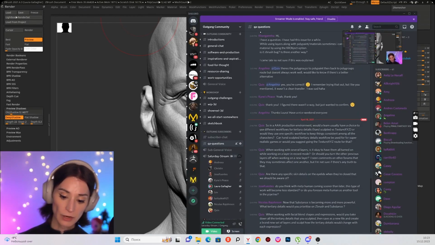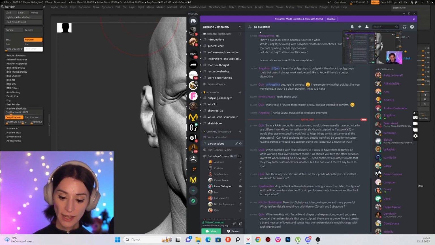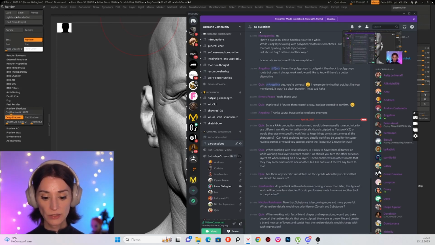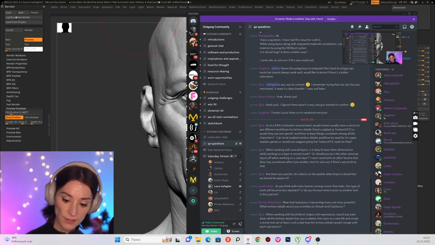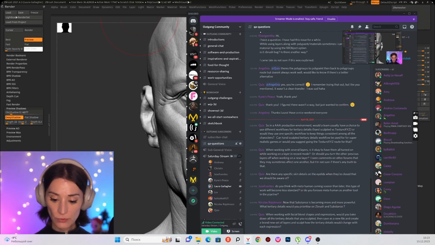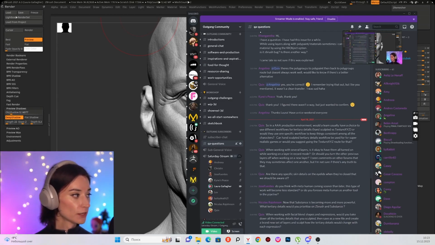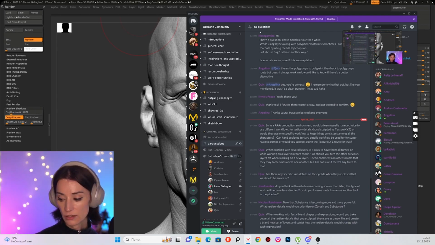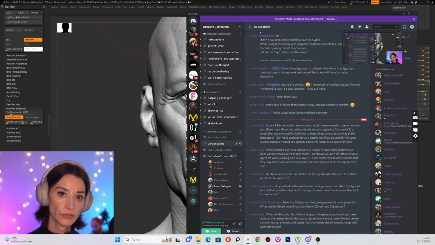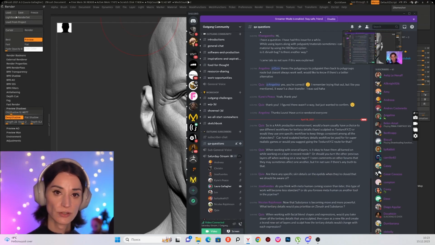In a AAA production environment, would a team usually have a choice to use different workflows for tertiary details, hand sculpted versus texturing XYZ, or would they use one specific workflow to keep things consistent among all the characters? Can hand sculpted tertiary details workflow be used for super realistic games, or would you suggest going the texturing XYZ route for that? So yeah, it really helps to think about what do you do in a production environment versus what do you do for fun, what do you do in another context there, because often when you're in a production environment,